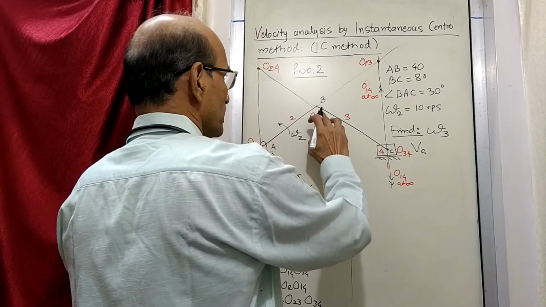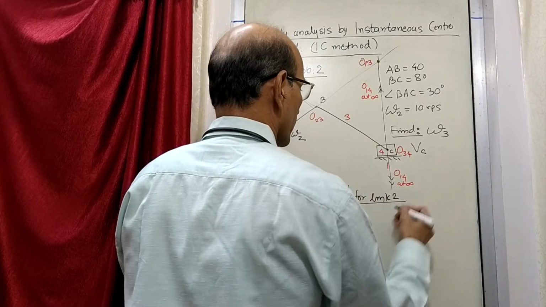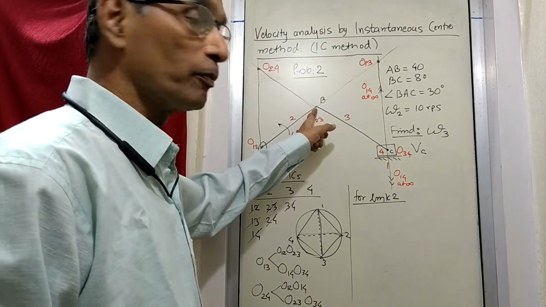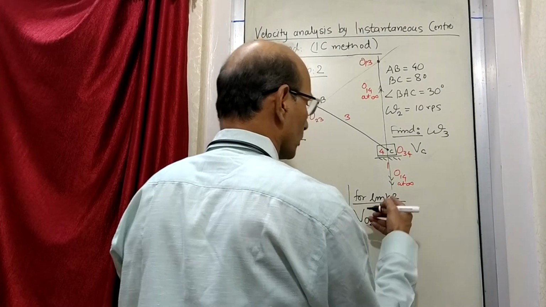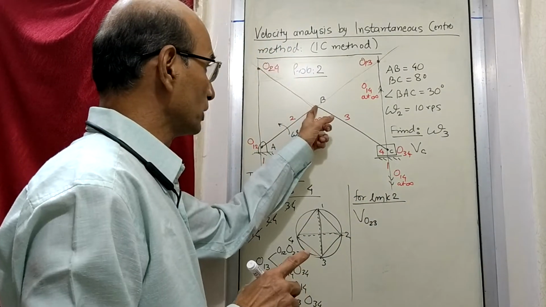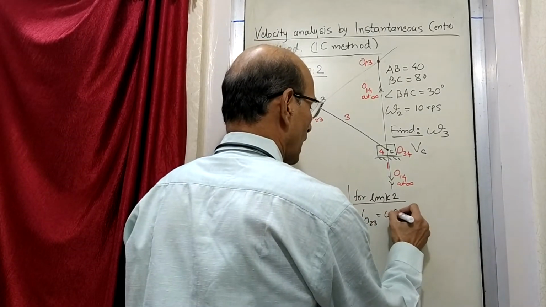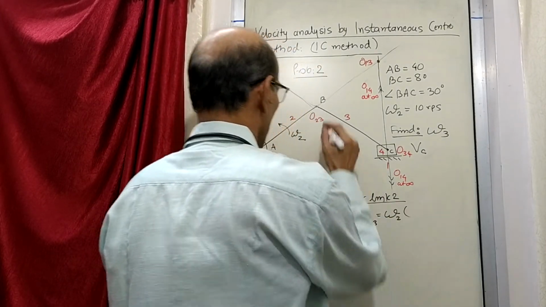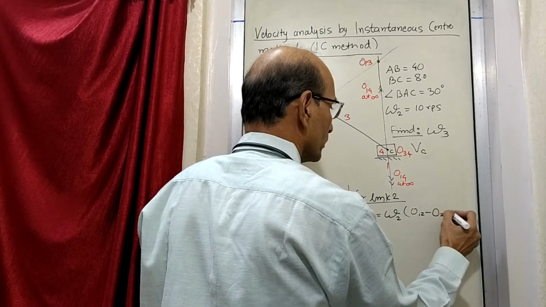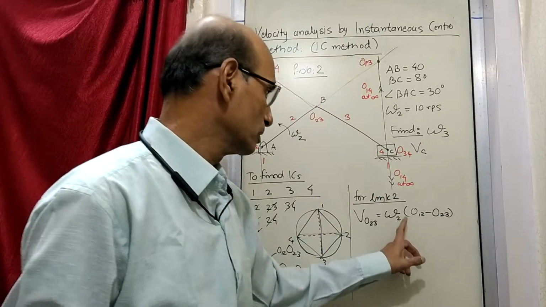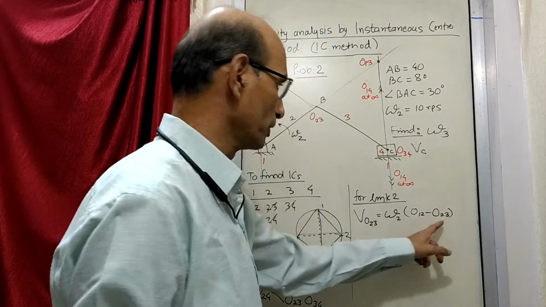So to find the velocities, now for link 2. Consider link number 2. So the velocity of 2, 3 you want to find out. Because 2, 3 lies on link number 2 and 3 also, right now we say that 2, 3 is lying on link number 2. So velocity of 2, 3 is equal to omega of this link 2, which is given, and then the distance from O12 to O23. O12 is 2 with fixed link 1, and 2, 3 is this point itself.